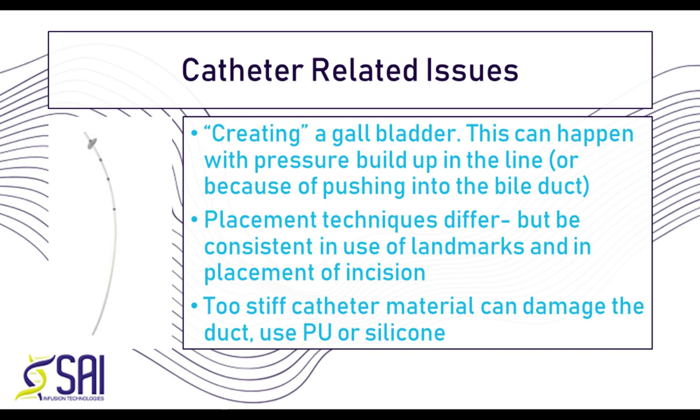Suboptimal bile flow is almost certainly due to catheter placement. An improperly placed catheter can also lead to bile leakage, catheter dislodgement, and stomach bloat. Placing the catheter